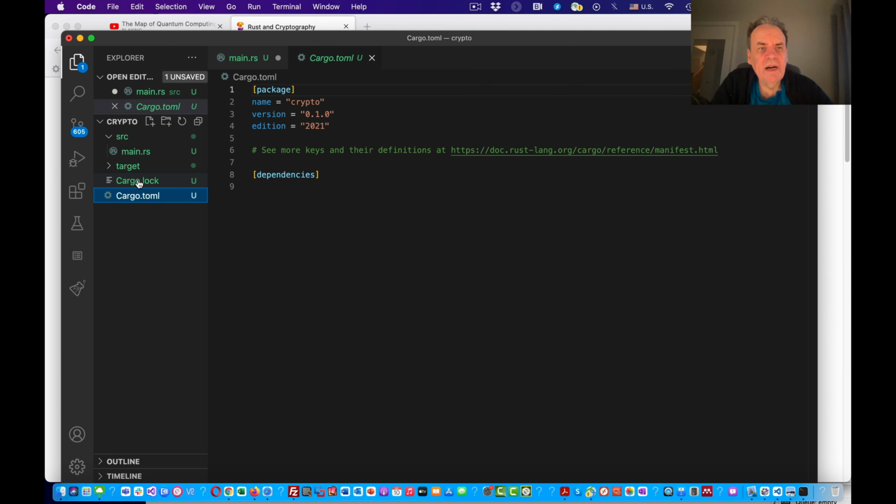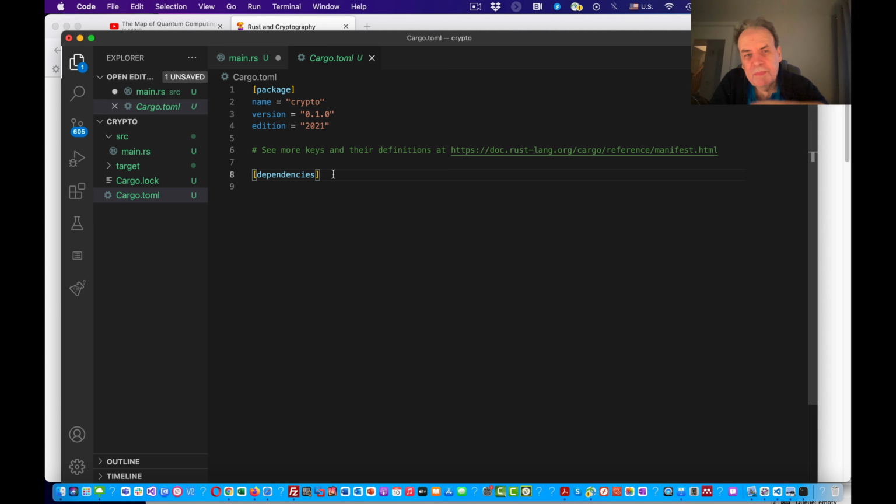We also see our cargo.toml, and the toml is the place where we add the dependencies that we'll bring in. They're called crates, not quite libraries, but we'll bring in a crate and then define the dependencies in this file here. That tells Rust what crates it needs to download to integrate with the code. There's the name of the file and the version and so on.